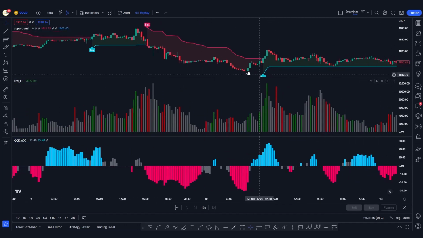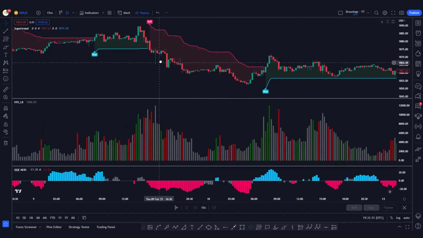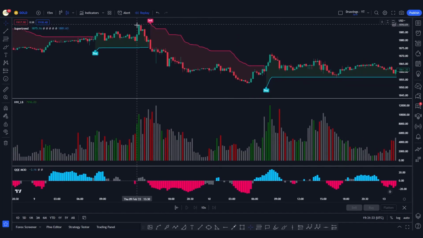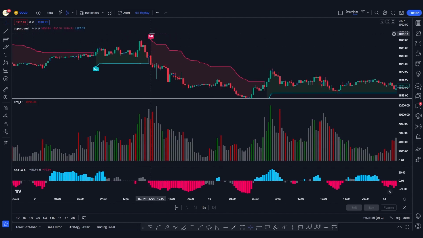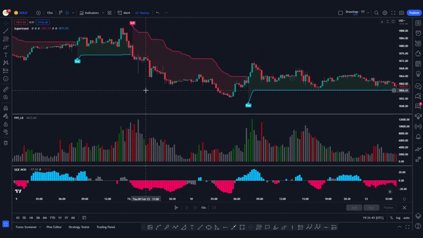Now using this strategy, you will be able to filter out a lot of bad signals, and also the shortcomings of the fast Supertrend indicator issuing a signal but the slow Supertrend not confirming it will be solved using this strategy. So now using this new strategy, we should be able to take a short position when the QQE mod turns from green to blue to red, and also the volume bar has to be negative. As you can see in this case here, this is a very good sell signal, and this Supertrend indicator is also issuing a sell signal, so we can take a short position at the close of this candle here,